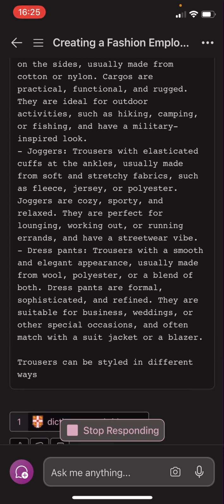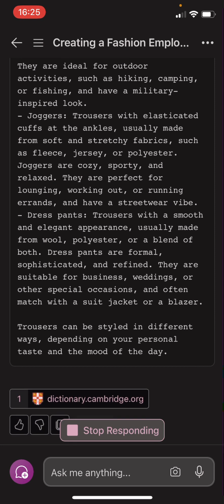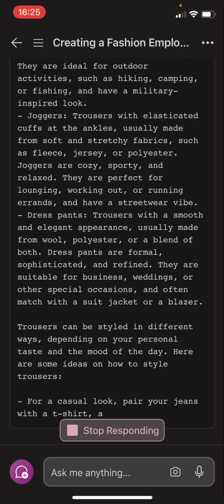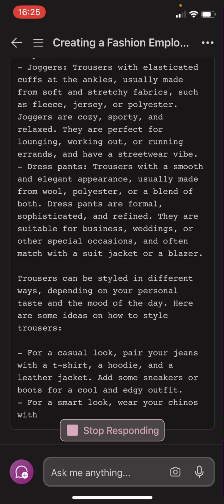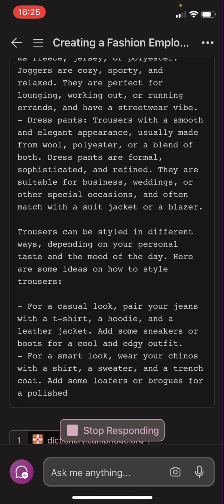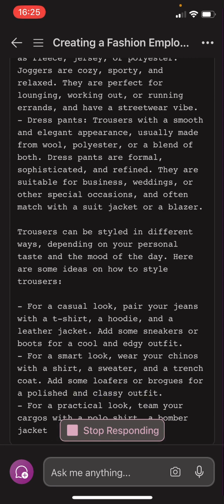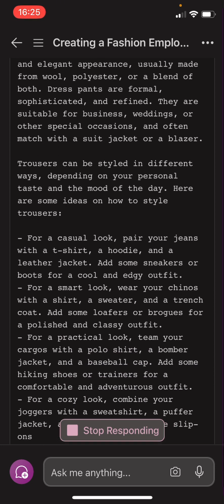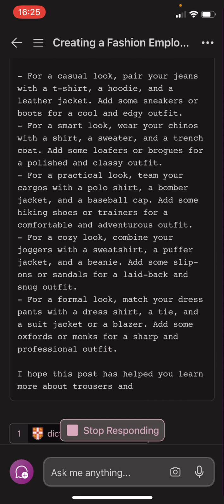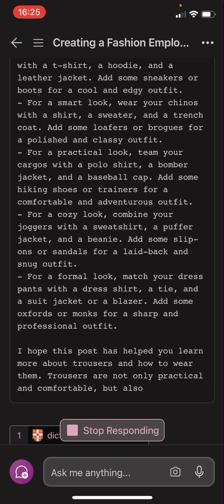You know, they say pants can be styled in different ways depending on your personality. For casual, pair your jeans with a t-shirt, a hoodie. For a smart look, wear your chinos with a shirt, a sweater, a trench coat. For a practical look, team your cargo with a polo shirt, a bomber jacket, a baseball cap. So you could just see a lot of things. And it says at the end of the day,